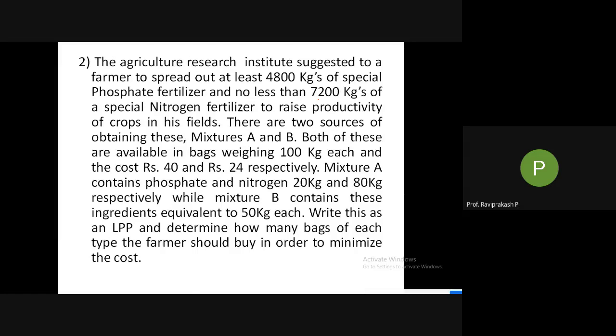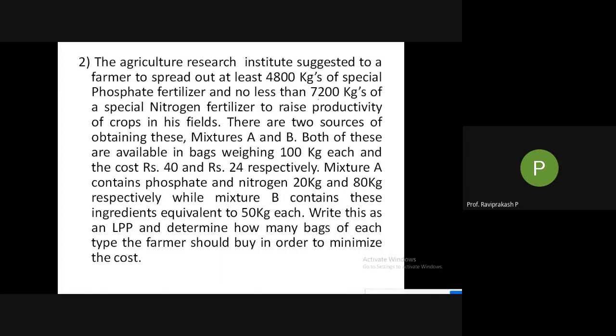The Agriculture Research Institute suggested to a farmer to spread out at least 4,800 kgs of special phosphate fertilizer, and no less than